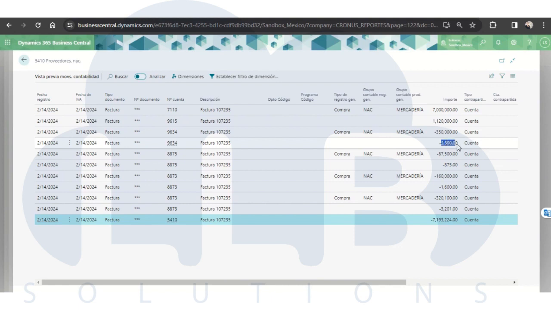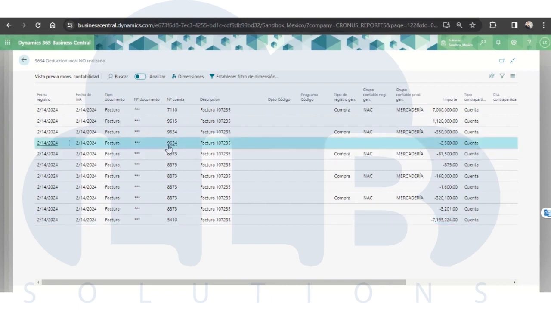For example, here we have the 3,500, and this 3,000 corresponds or will travel to a local withholding account. Once I execute the payment of this invoice, the system will reclassify that account, taking out this amount of 3,500, and sending it to a realized local withholding account. This is done automatically,